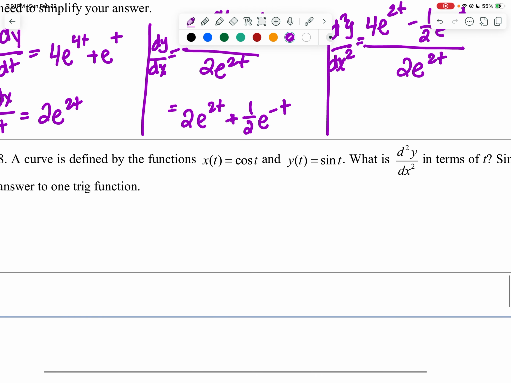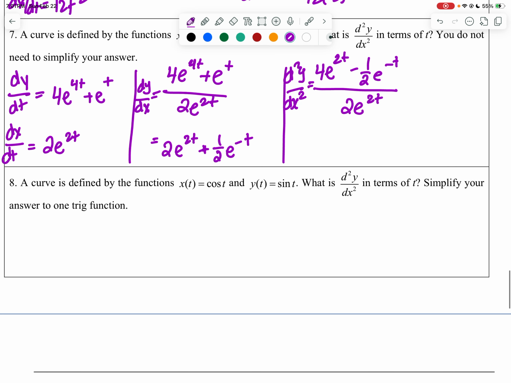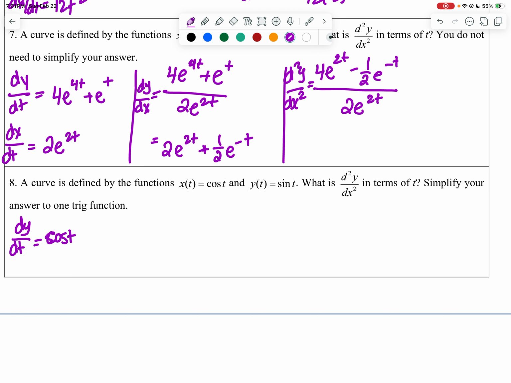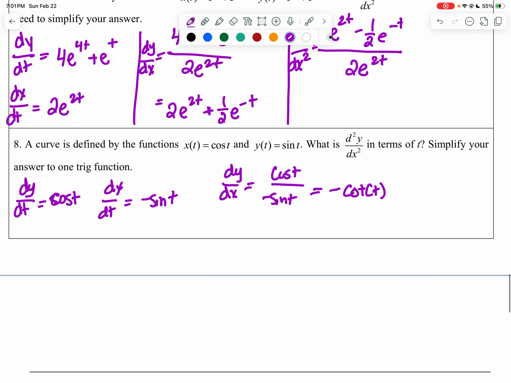And then same thing with number 8. What is the second derivative in terms of t? It does tell you to simplify your answer to one trig function. So dy/dt is cosine of t. dx/dt is negative sine of t, which means that dy/dx is cosine of t over negative sine of t, which is negative cotangent of t. Simplify that. And then the second derivative is